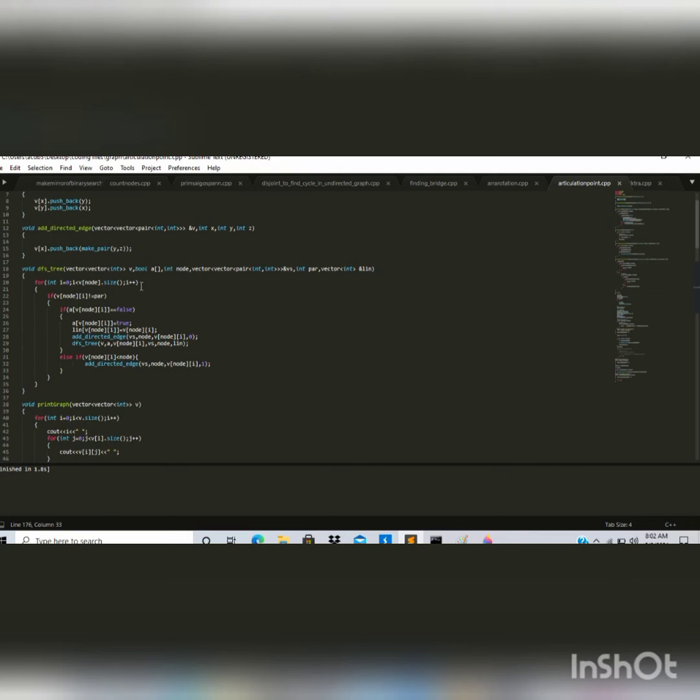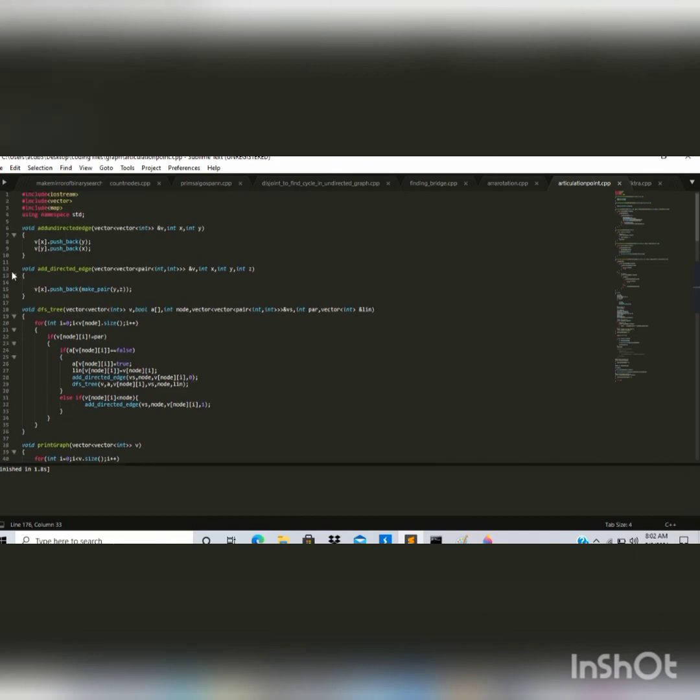What it does is it goes and visits all its children. So here you can see that I visited all the children of node 0. We check whether the node that we can reach from node 0 is visited or unvisited. If it is unvisited, we mark that node as visited. We assign its low link value as its node ID itself, and we add that edge. Since it was an unvisited node, we have to keep that edge as a direct edge, not a back edge. So we'll pass 0 along with it.